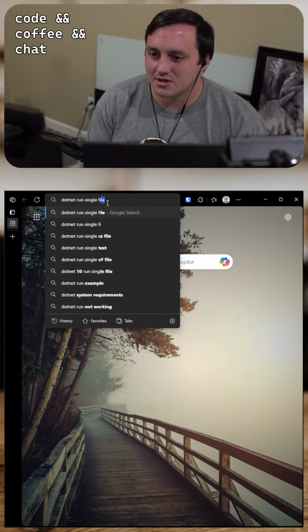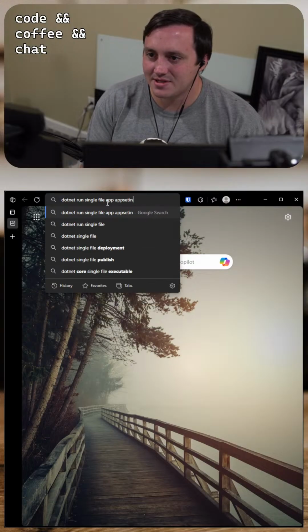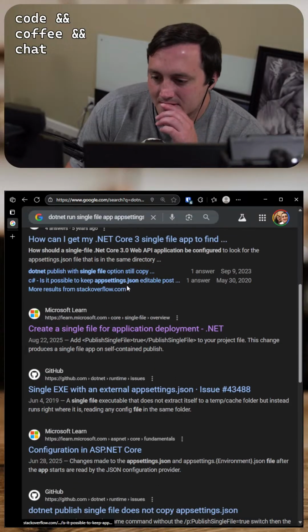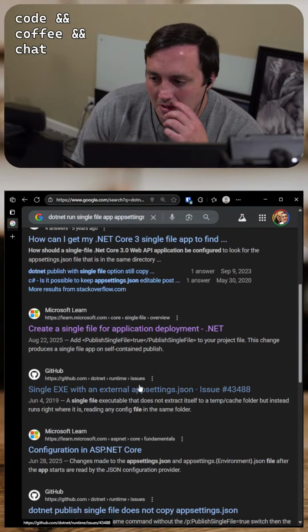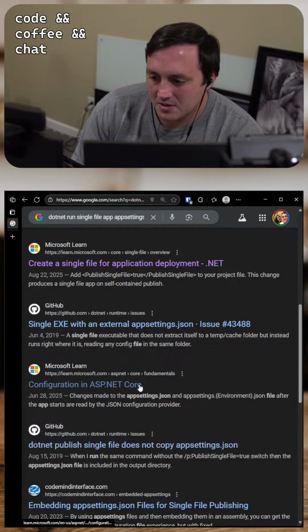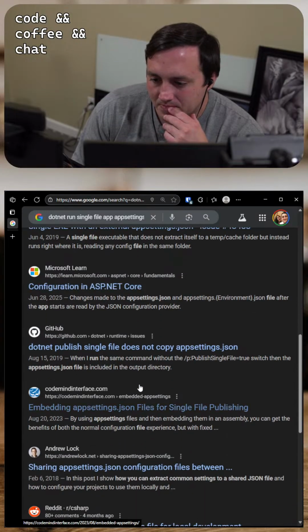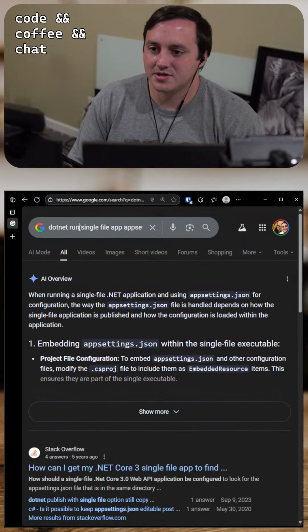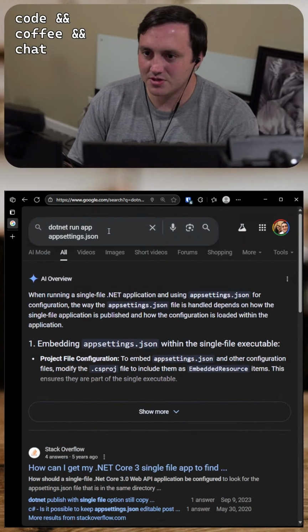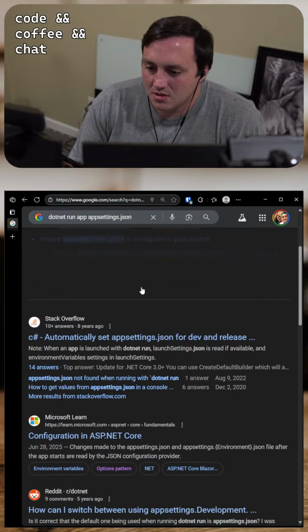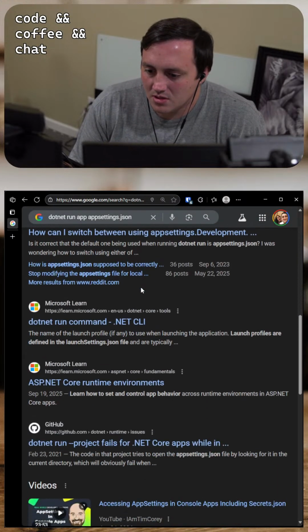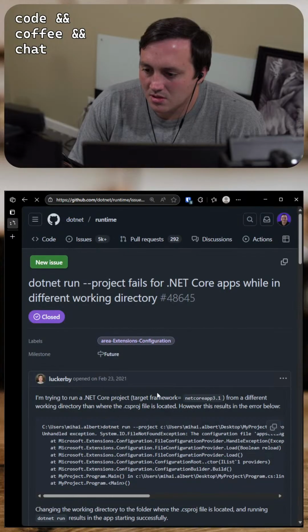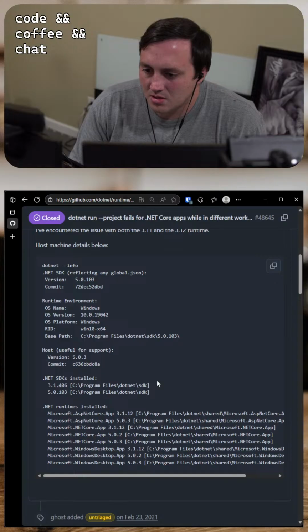.NET run single file appsettings.json. Maybe it's just .NET run would be a better Google search. What is it?